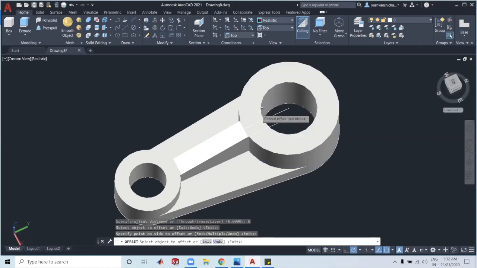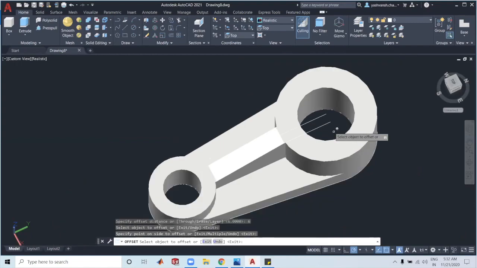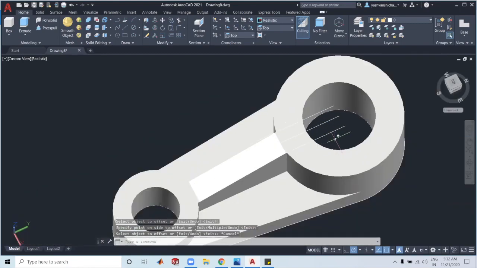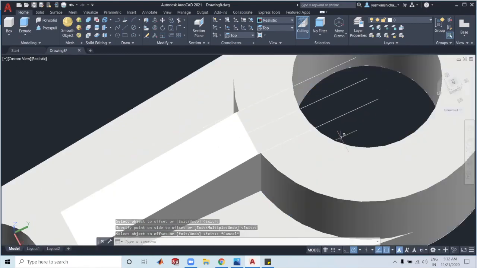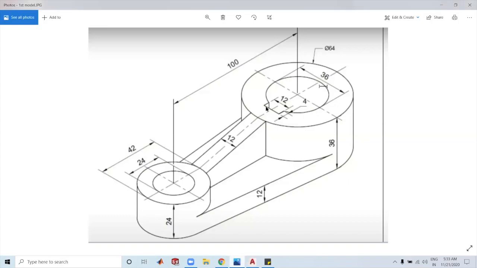Perfect. Now I have to make this particular rectangle, which is 12 by 4